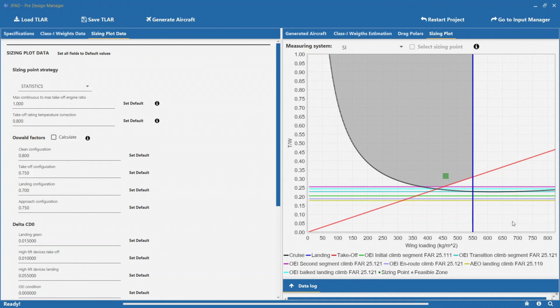In this video, we are going to see how to customize the aircraft generation process by modifying the design point on the sizing plot. As shown in a previous video, JPAD Modeller offers different strategies to select the design point, including statistics, that are used to compute the design point of the statistically generated aircraft; maximum wing loading, that are used to select the design point located at the rightmost part of the sizing plot feasible zone and related to